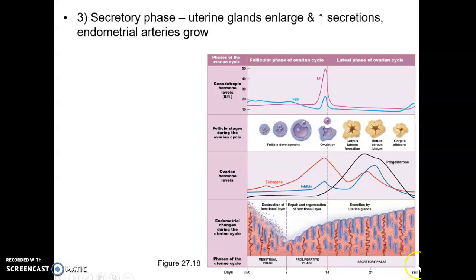Then the secretory phase is next, from about day 14 to 28. At this point, the uterine glands enlarge, the amount of secretion increases, and the endometrial arteries and the functional layer enlarge, because if this oocyte gets fertilized due to sexual